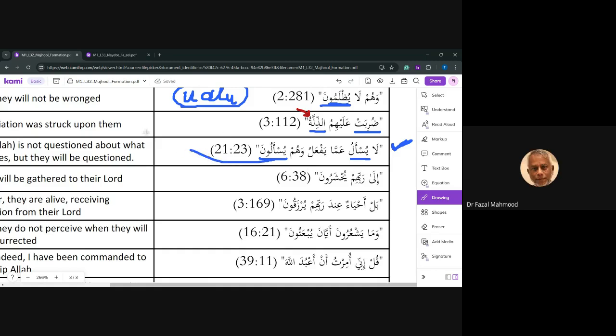Good. There is no Naib Fa'il. But can you connect yus'aluna? You cannot. Why? First of all, because it's a verb. But even if it is an ism with Dhamma ending, it will not be. Who can tell me why not? It cannot be a Naib Fa'il for la yus'alu. Because